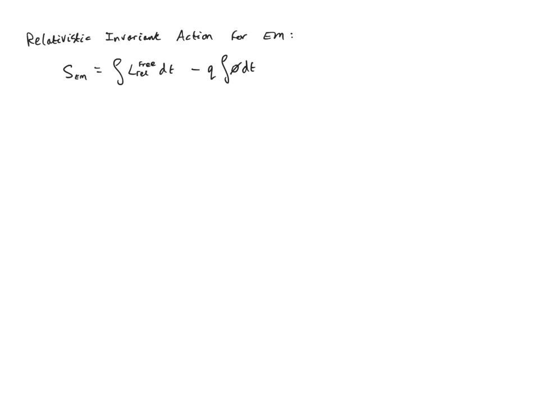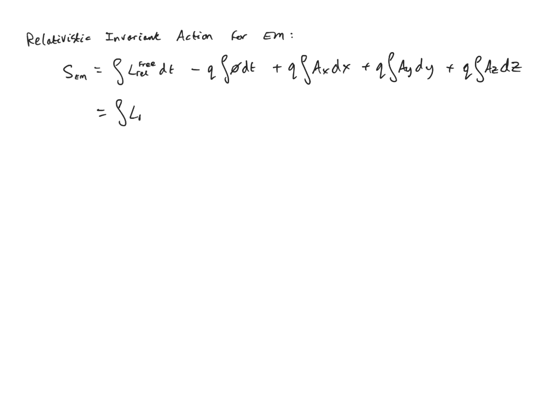And then we argue that the principle of relativity implies that we have to have other terms in here as well, and they must be specifically q times the integral of ax dx plus q times the integral of ay dy plus q times the integral of az times dz. Only this full thing could be something that is relativistically invariant,